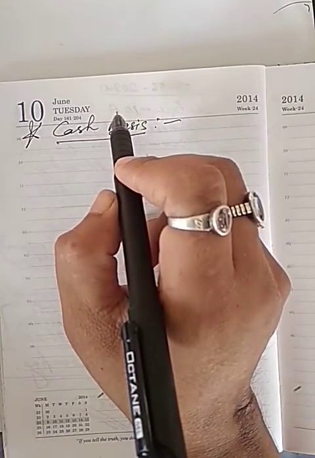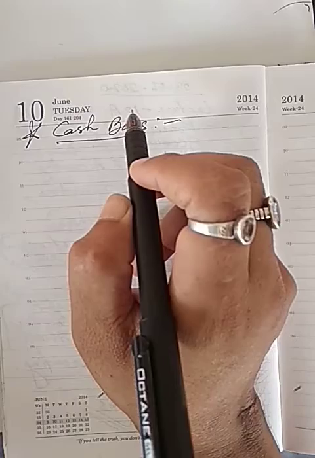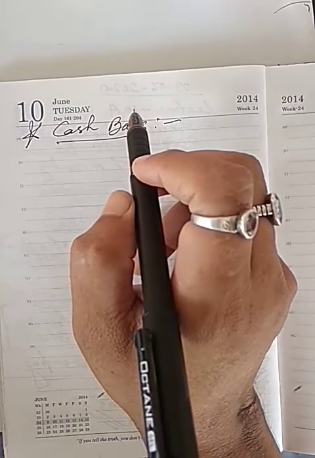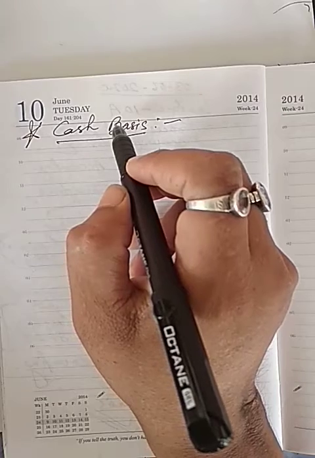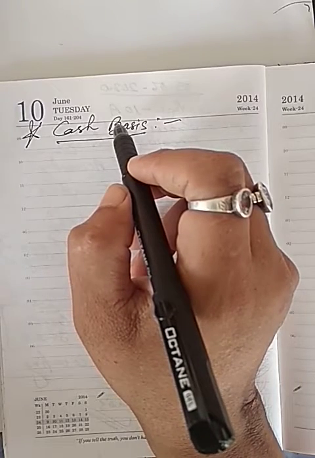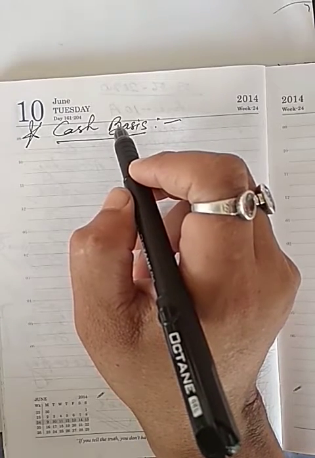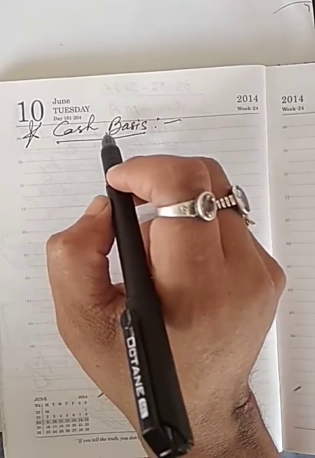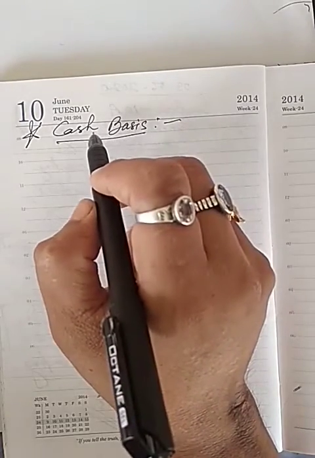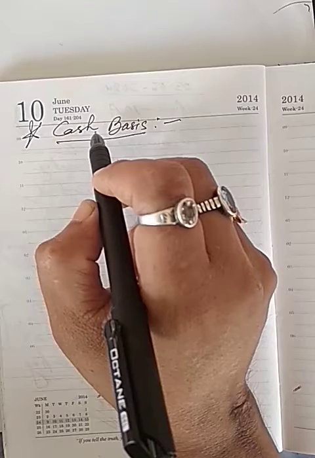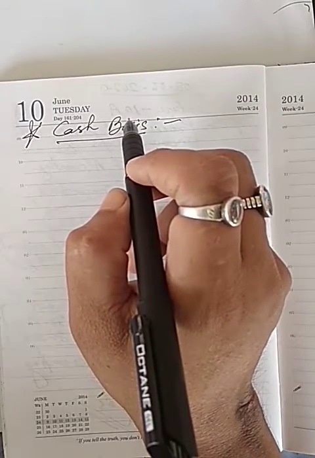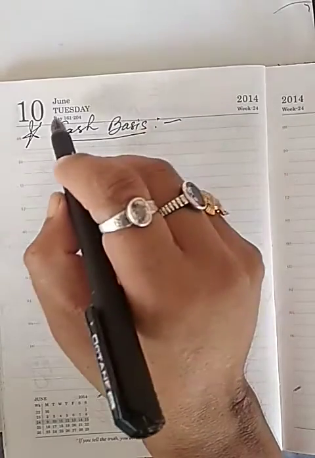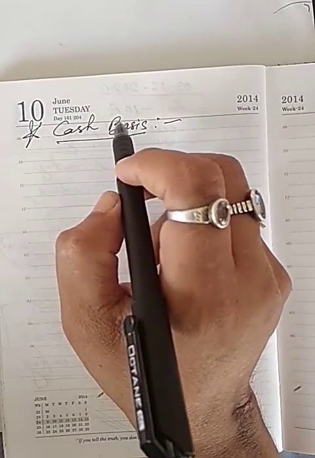Similarly, expenses are recorded only when they are paid in cash. In other words, credit transactions are not recorded at all and are ignored till cash is actually received or paid